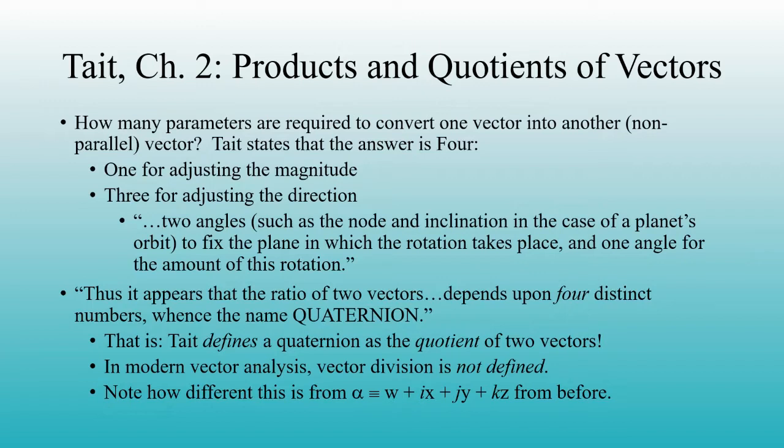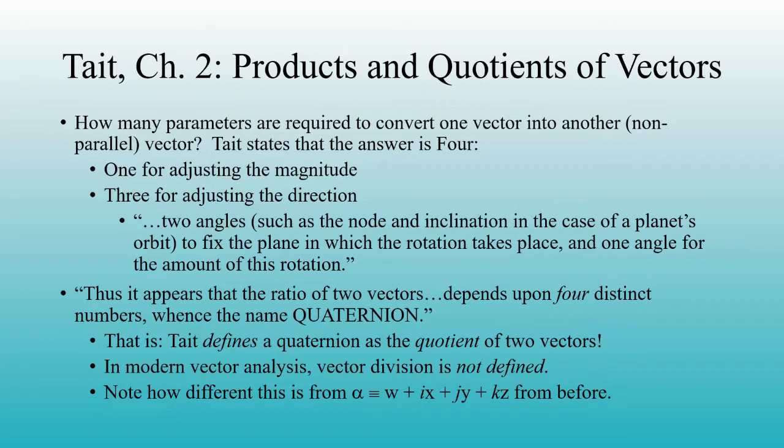He noted in chapter 1 that the number of parameters it takes to transform one vector into another that is parallel to it is just 1, literally a scaling factor. What about the more general case? How many parameters does it take to transform one of his 3D vectors into another when they are not parallel? He shows that the required number is 4. 1 for scaling, as before, and then 3 to do the rotation. This includes 2 angle parameters to specify the plane that the first vector must be shifted into, and then 1 more for the amount of rotation within that plane. 4 numbers to convert one of his 3D vectors into another.